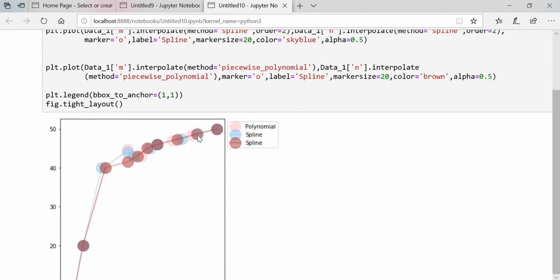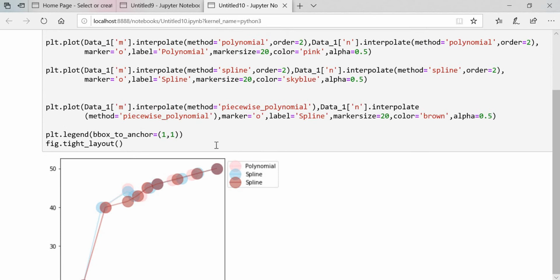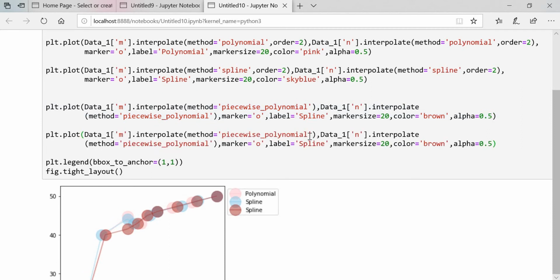You can see here the graph we are getting in a different way, with this polynomial and spline as well, right? So we'll take some more examples, some more methods, and the next we are using is Krogh. Okay, I will change here as well, and the label as well I will put differently.